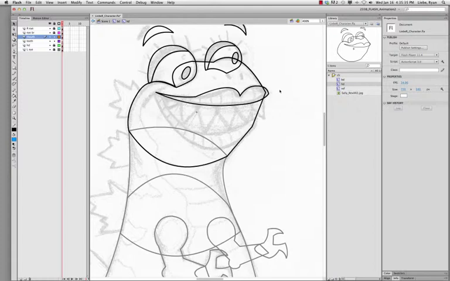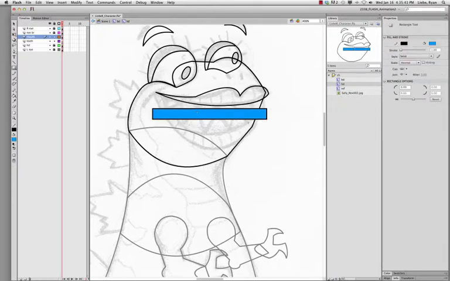Okay, that looks pretty good. And let's make the lower lips now. Same way, get the rectangle, delete the fill,